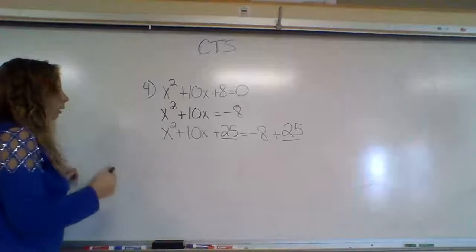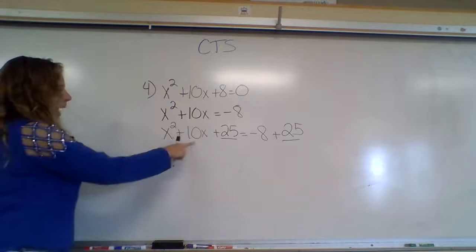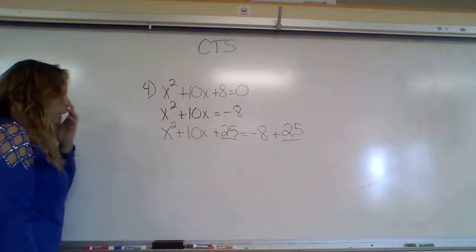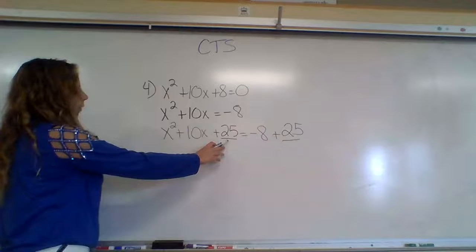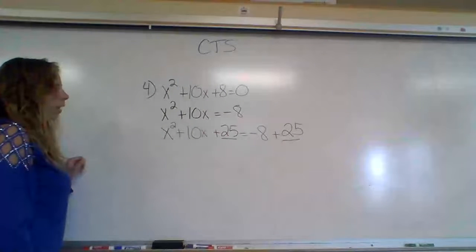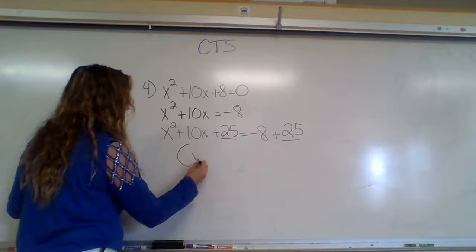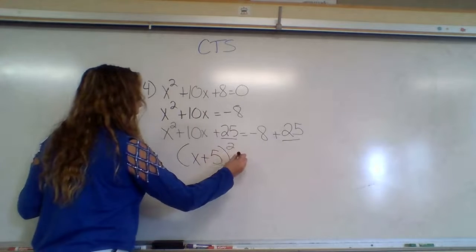Okay, factor this side. You can take half of your middle term. But if you don't trust me, or you don't remember that, you can say, okay, I need 2 factors of 25 that add up to 10. That would be 5. You get x plus 5 squared equals,